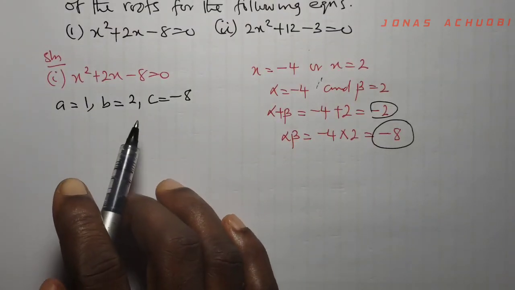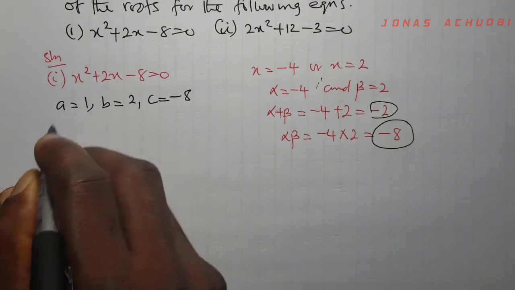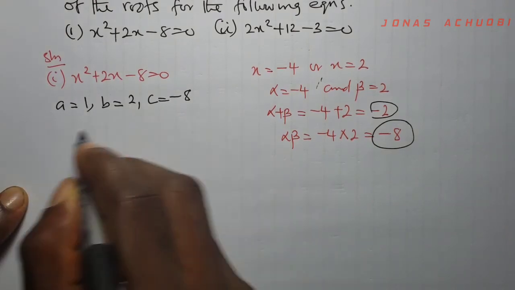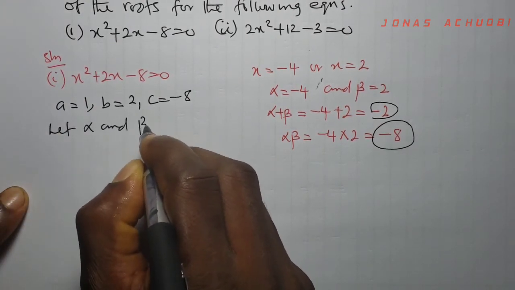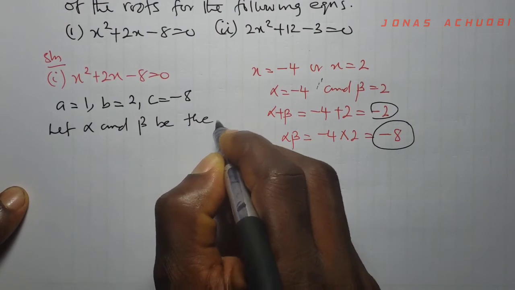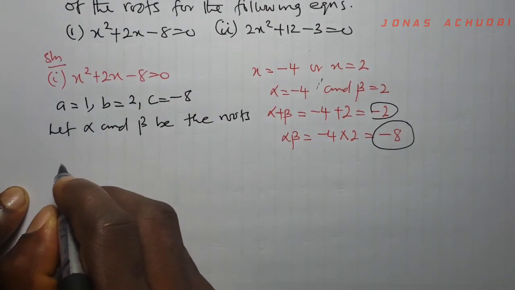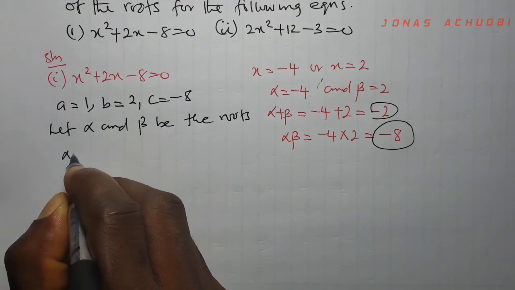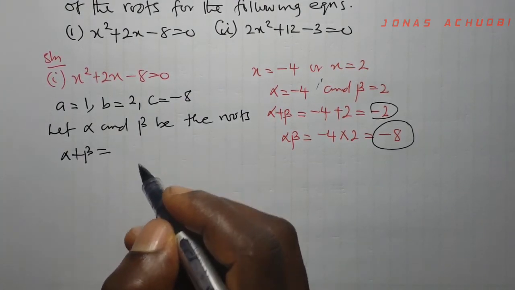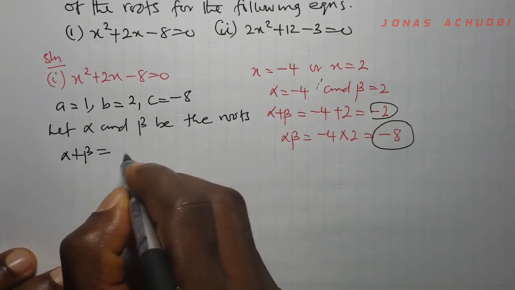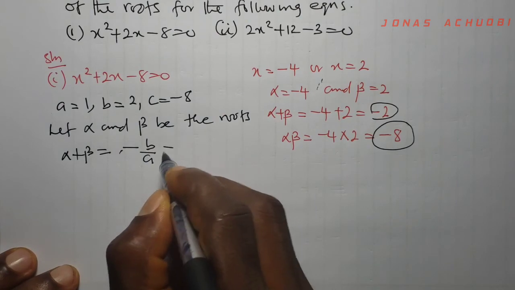Here we are assuming that we do not know what the roots are. So let alpha and beta be the roots of the given equation. Then we know that the sum alpha plus beta is equal to minus b over a,